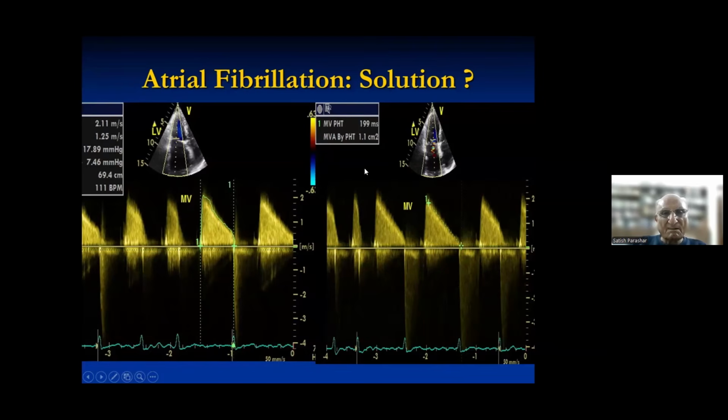Now remember, in a sinus rhythm, always take 3 recordings. Every recording you take, you can try when you are doing your routine echo. For example, suppose you take a mitral or an aortic Doppler. All of them will be variable.